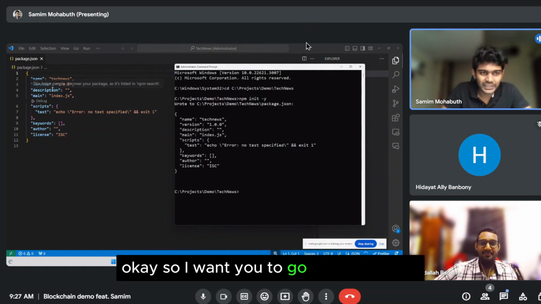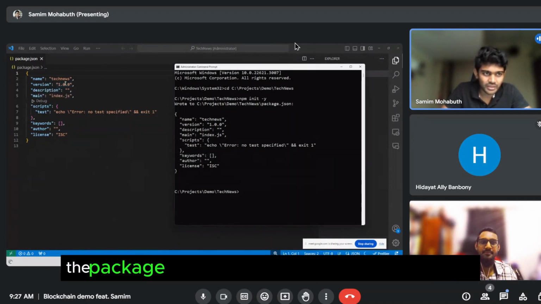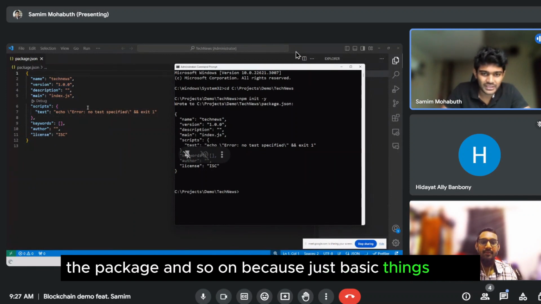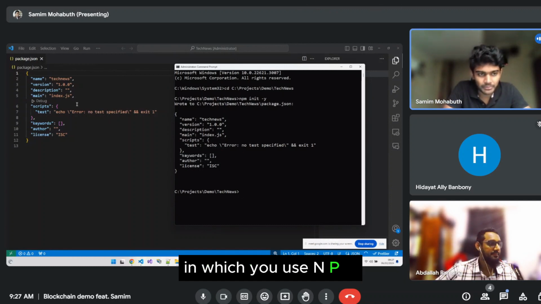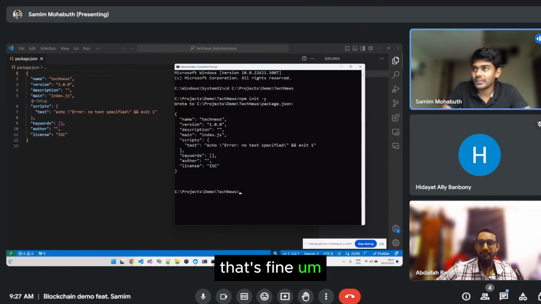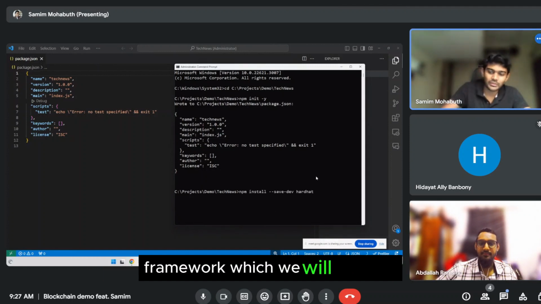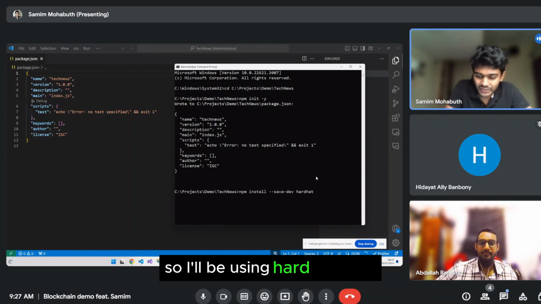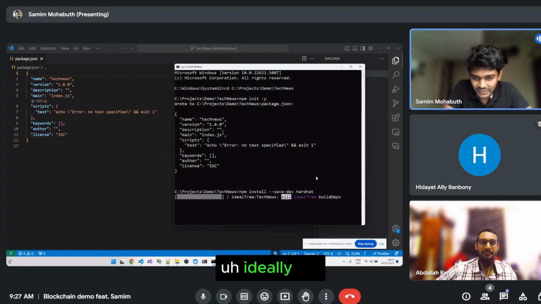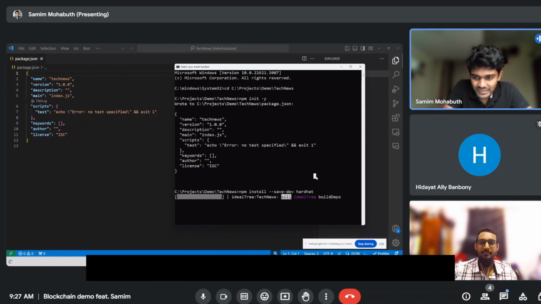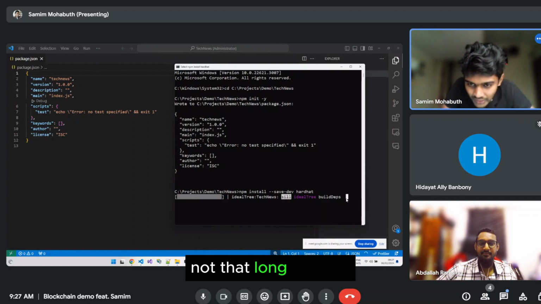Okay, so I won't dive deep into the details of setting up the environment, the package JSON, and so on, because those are just basic things. It's what you do basically with any project in which you use npm. Then the next step is to install the framework which we will be using. I'll be using Hardhat. That one will take a few minutes. Ideally, since I've already saved the local repository, it would not take that long. Anyway, while